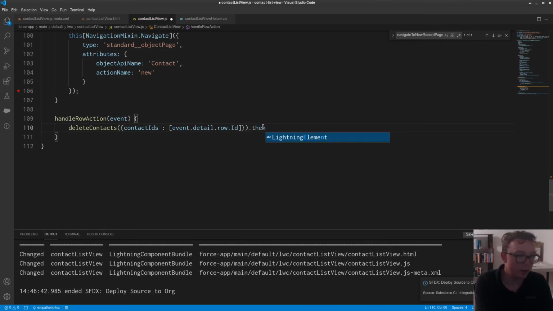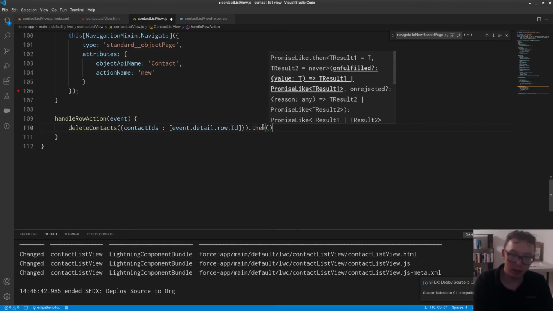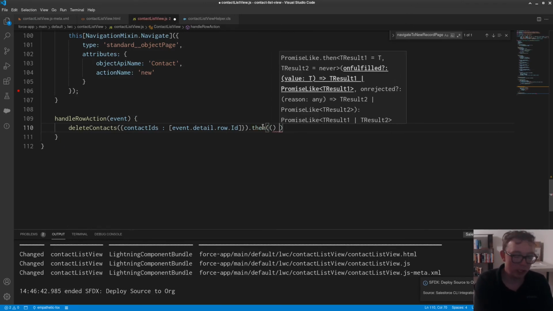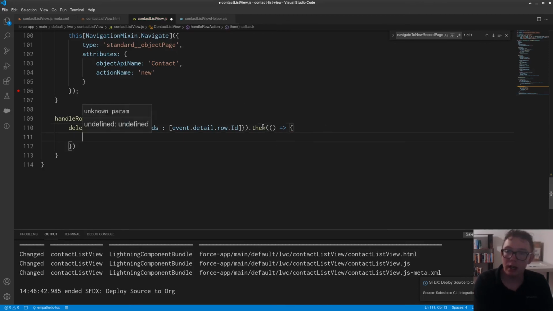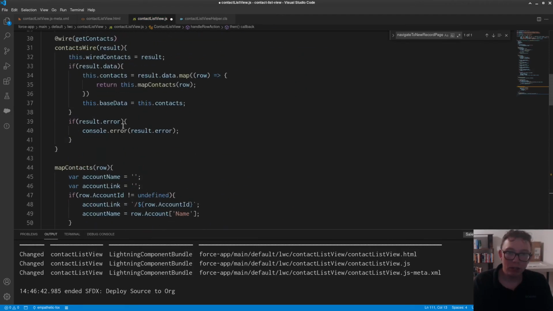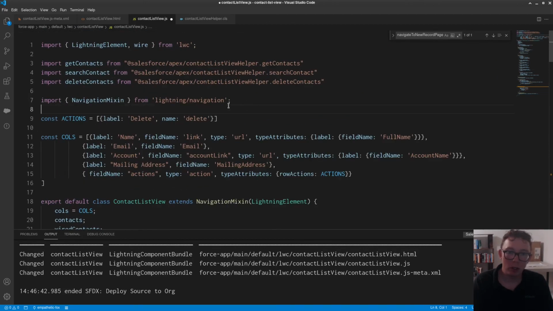So we just say .then, and this is going to take in a function. I'm just going to do an empty arrow function here, and we're going to use the refresh apex module. So we just do that by import refreshApex like this. And let me make sure I get the, yep, and then this is from